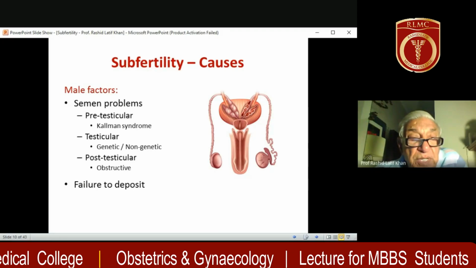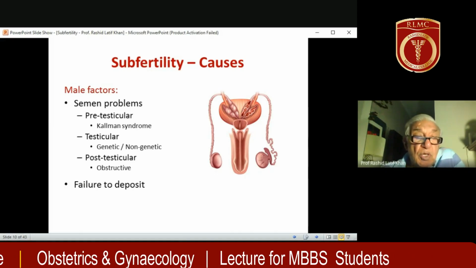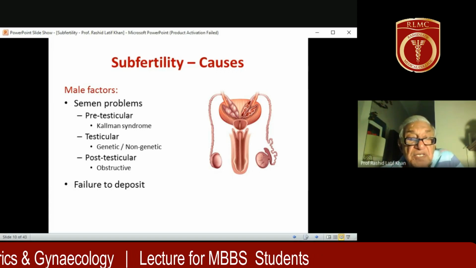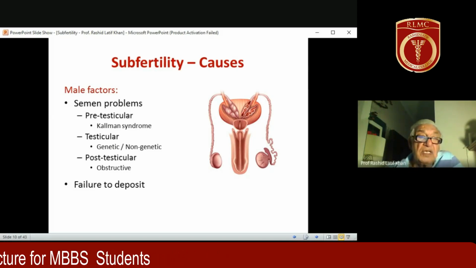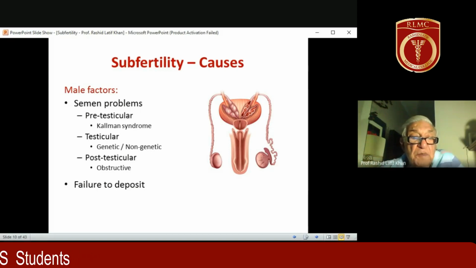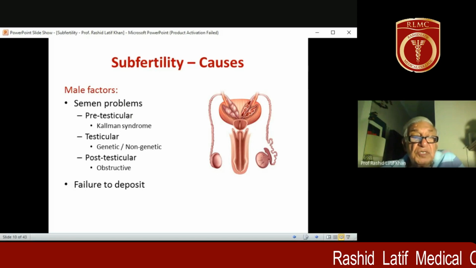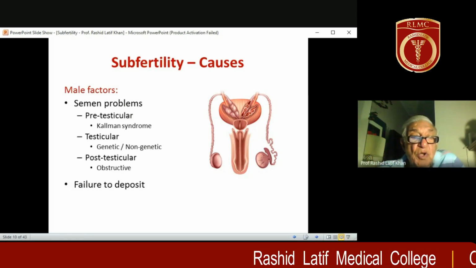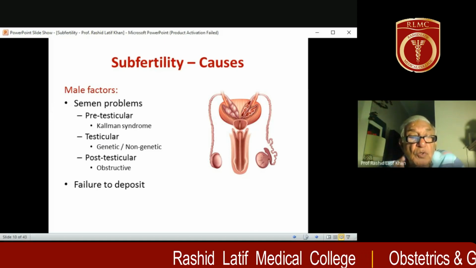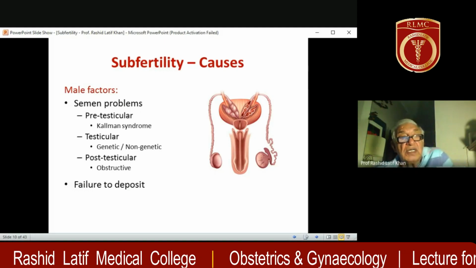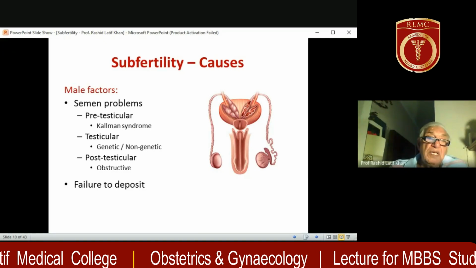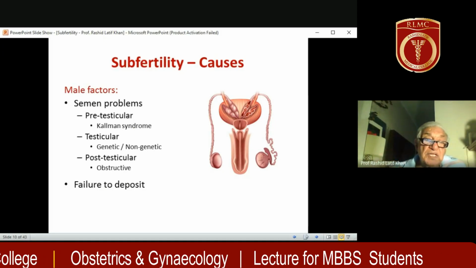But then the second cause could be in the testis. That's the most common cause. The failure is in the testes. There is no spermatogenesis in the tubules. The various stages of sperms are not present, and sometimes it happens that the testes are producing sperms, but there's a blockage in the system which conveys the spermatozoa from the testes to the ejaculatory ducts and during coitus in the ejaculate. So the causes in the male could be before the testis, hormones, in the testis, or